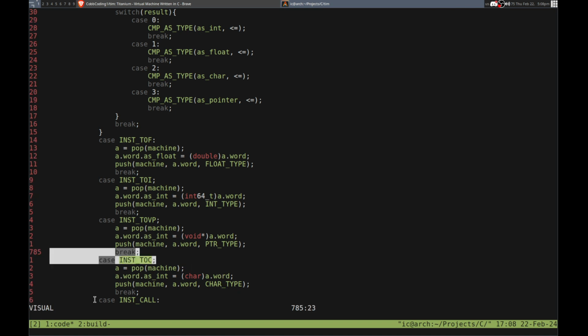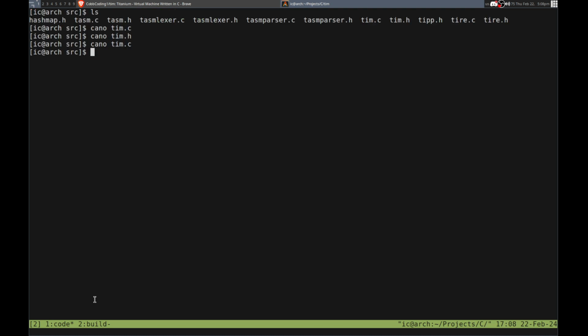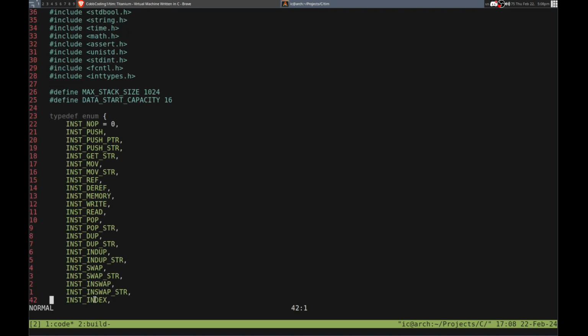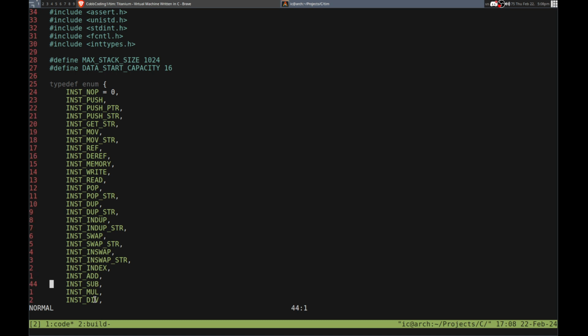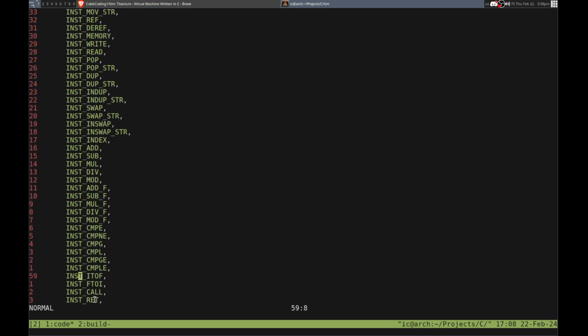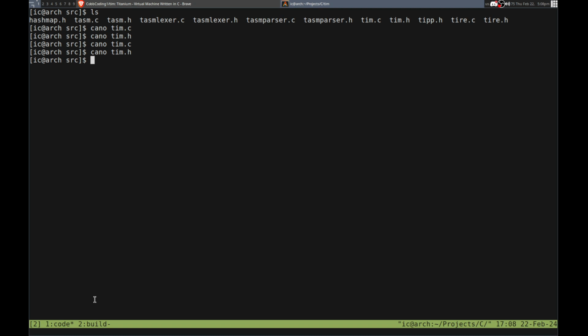So I need all these instructions. Let me copy them so I can remember. And I can rename them in here. Let's see. So we have all the way down here, I think. Yeah. So to float, to int. Is that the right order? To float, to int. Yeah. So to VP, and then it's to, yeah. Okay. Now I need to modify it